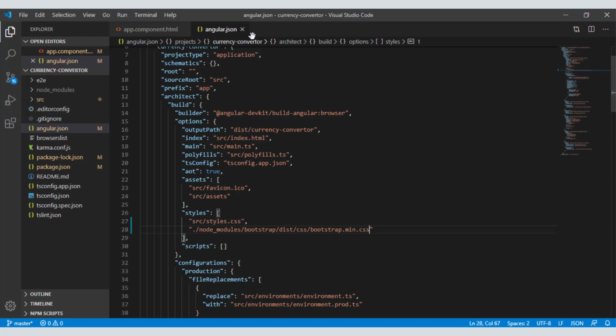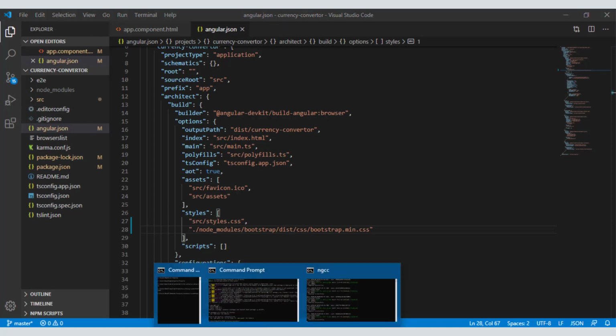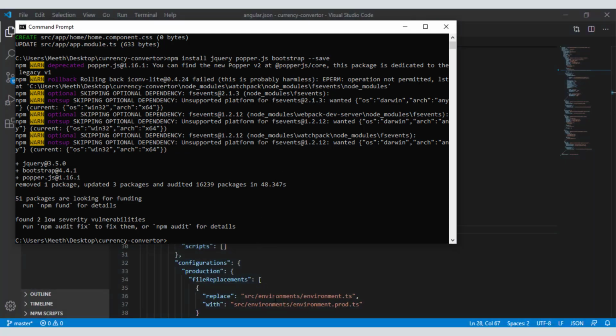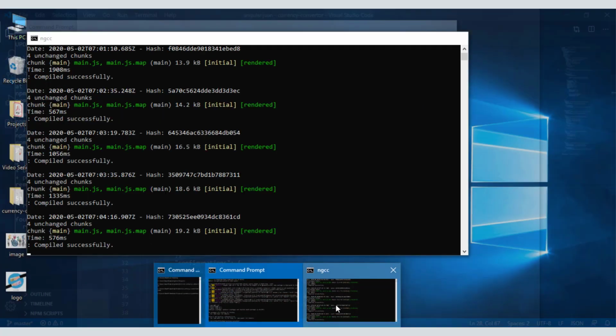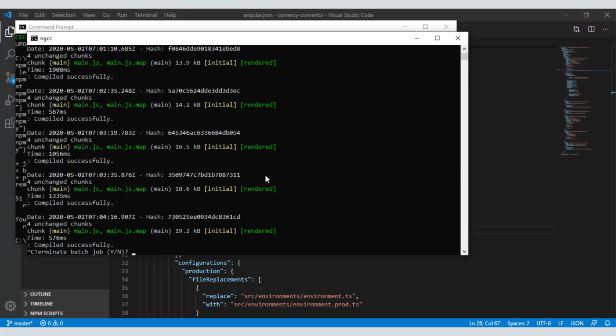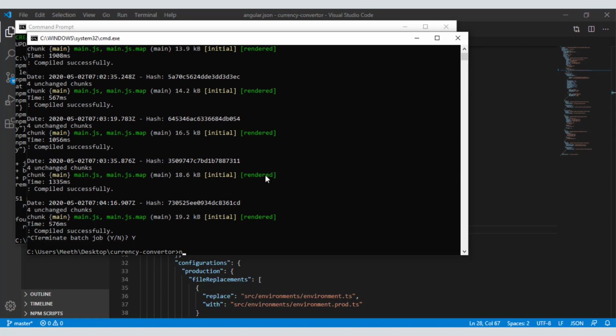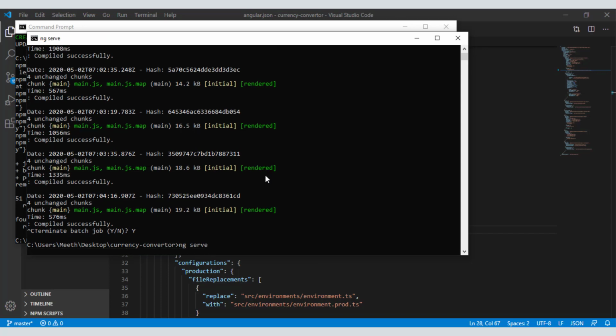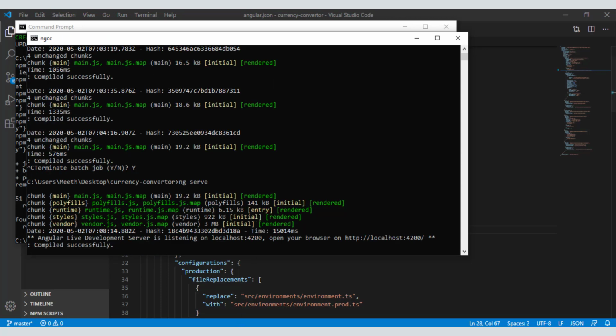And also, whenever you make changes to the angular.json file, we need to rerun our application. So we'll go to the command prompt and kill the application by pressing Ctrl+C, and again we'll open our application by typing ng serve. So we have installed Bootstrap,